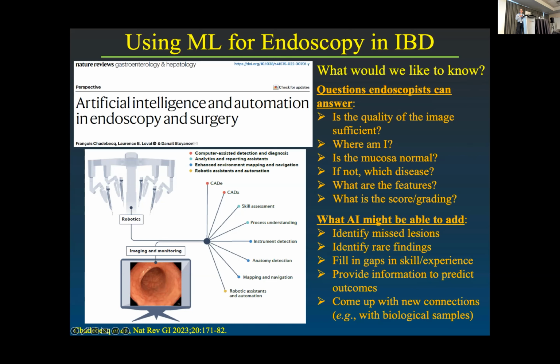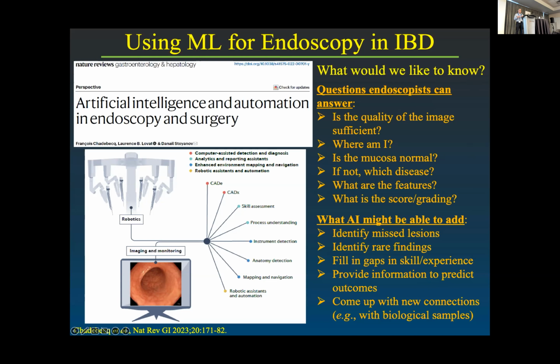So when I do endoscopy, I collect information about my patients, and that helps me understand what diagnosis they have. We have different classifications and scoring, and those are the points on the top that we are hoping that machine learning will help us get in a more clear and well-defined way. But I want to focus on the ones on the bottom, because I think that this is where we can get added value beyond what we're able to do right now as skilled gastroenterologists.